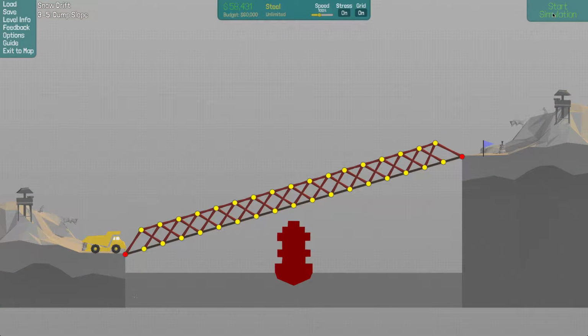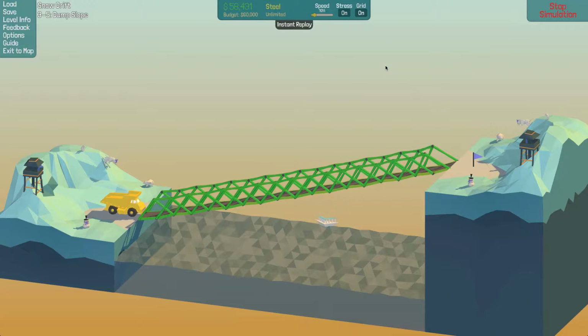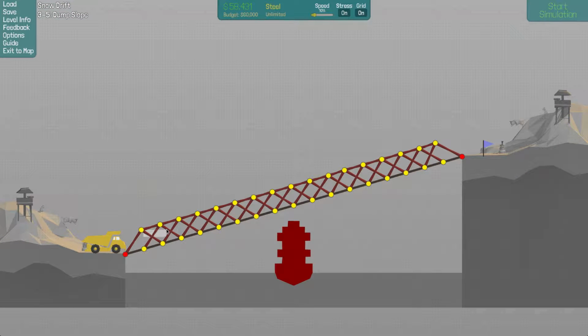Well, that looked kind of cool. Let's actually slow that down. Yeah, because these aren't locked into place there. They're all just sort of moving out with their various points. Ah, no. Maybe